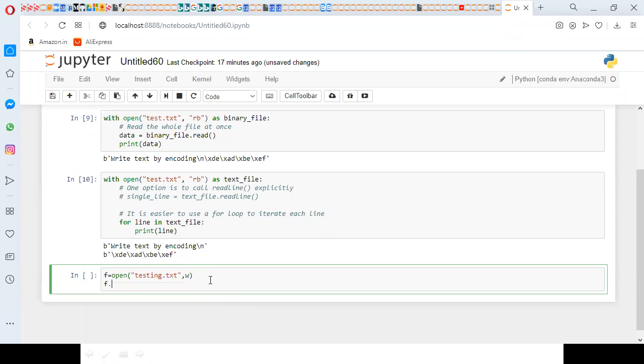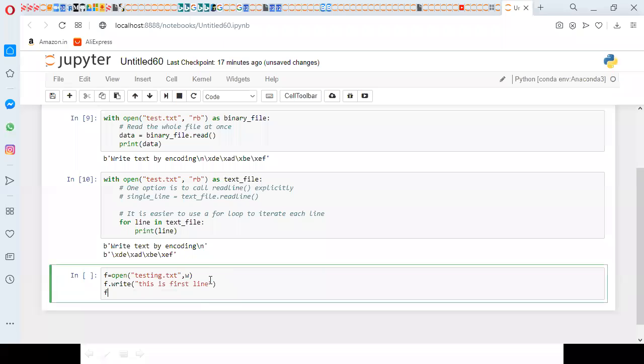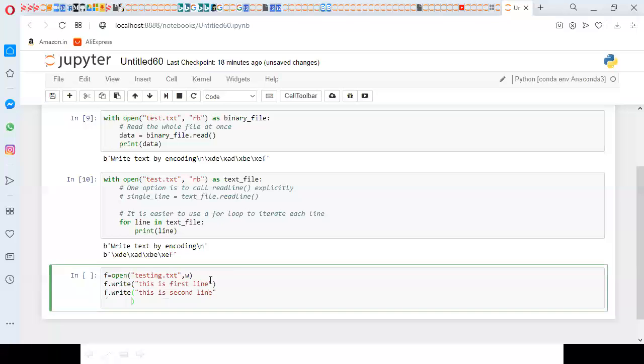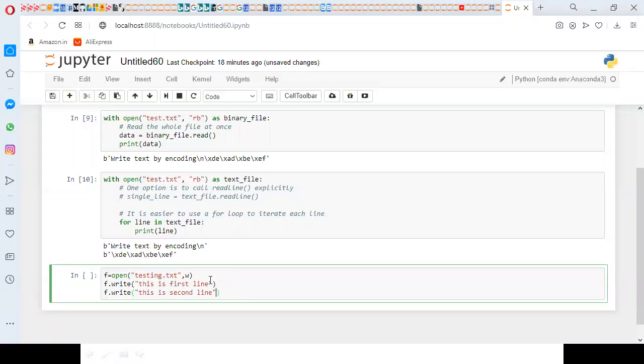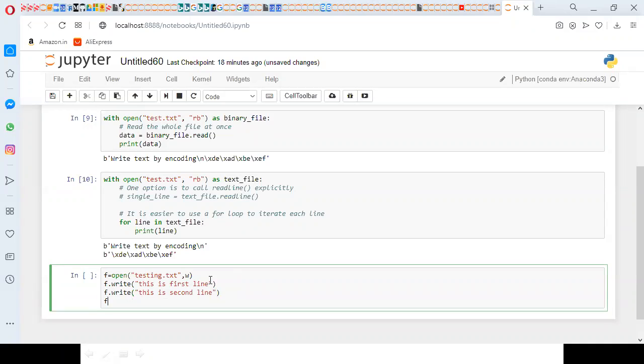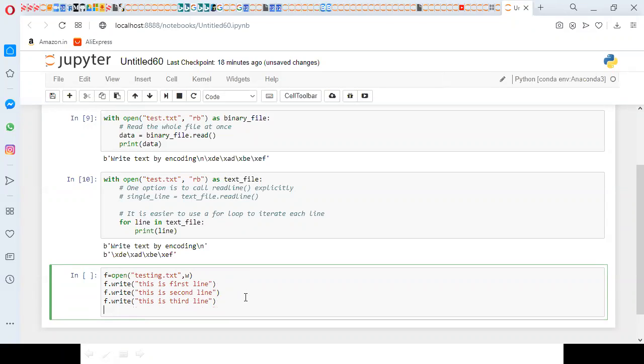Then f.write, this is first line. Similarly, f.write, this is second line, and f.write, this is third line. Then I'm going to close the file with f.close.